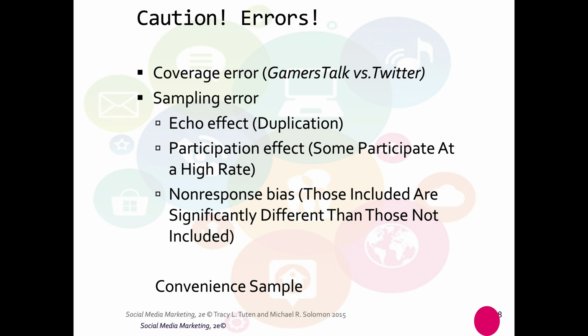So you want to make sure, if we're asking about campus parking at our college or university, we're not interested in 65 or older people who generally don't come to campus and park. So we would want to make sure that we were scraping data from the right social media platforms. And then we could have sampling error